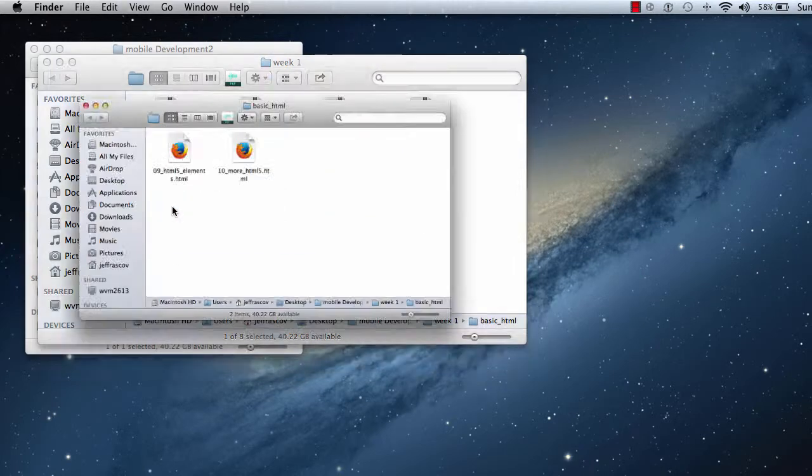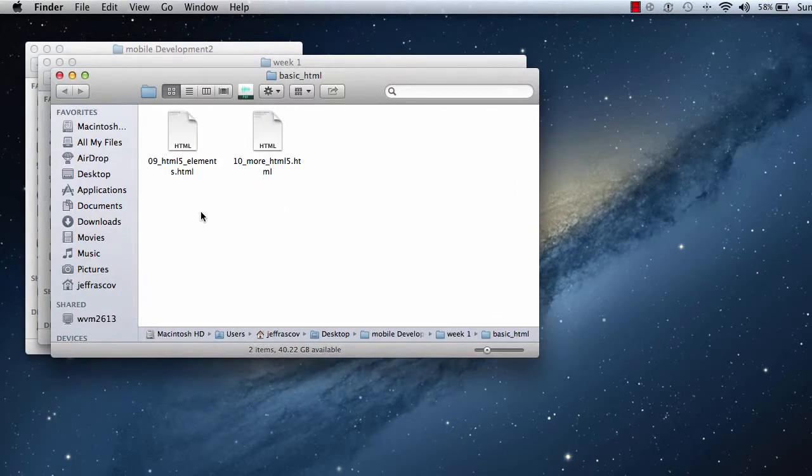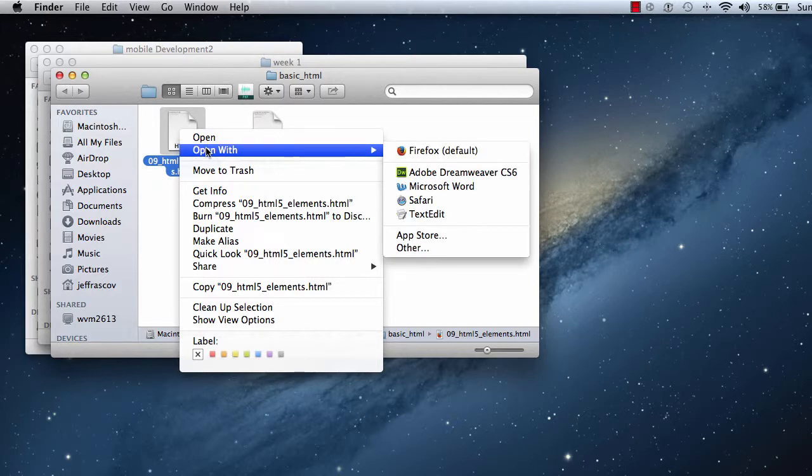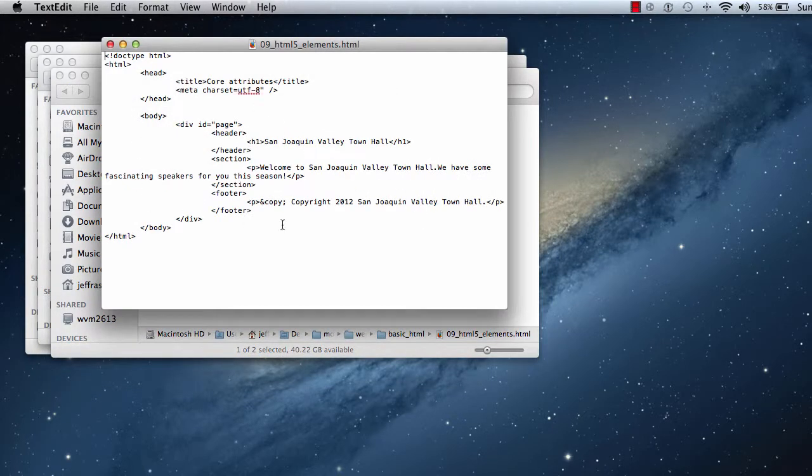Again, the basic one is a basic HTML file. Now, if I open it up, I can open it up, of course, in Dreamweaver, since it's mostly the development I do in this class. But if you don't have Dreamweaver, you can just use a basic text editor. I'm going to use the Mac text editor. Now, one of the problems with the Mac's text editor is it thinks that you wanted to open it up without seeing the HTML. So if you open it up and it doesn't look like this, most likely on the Mac text editor,